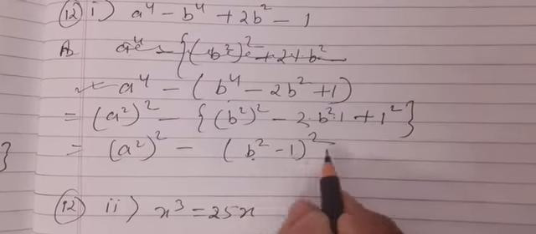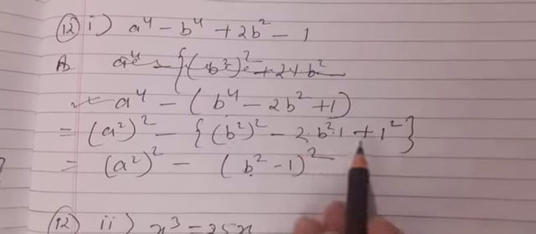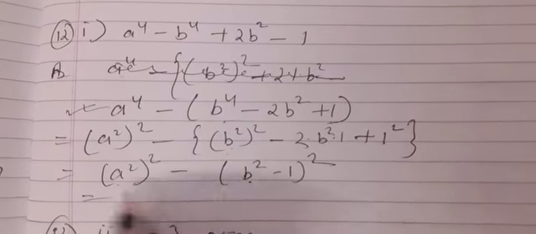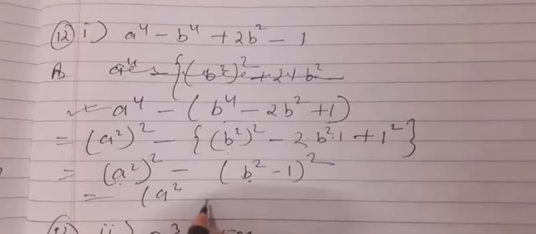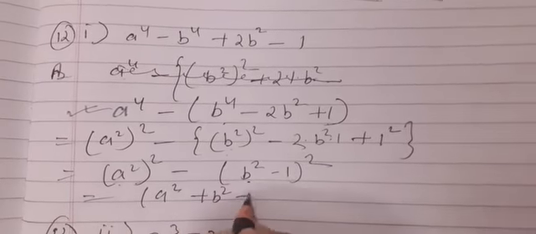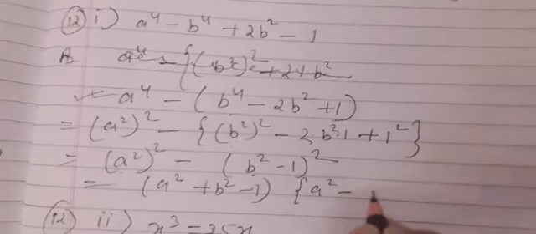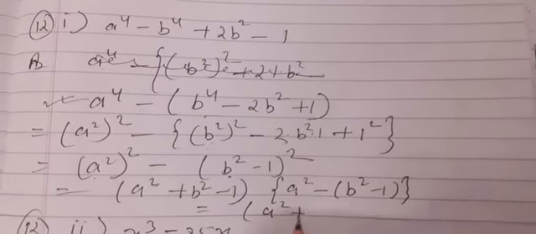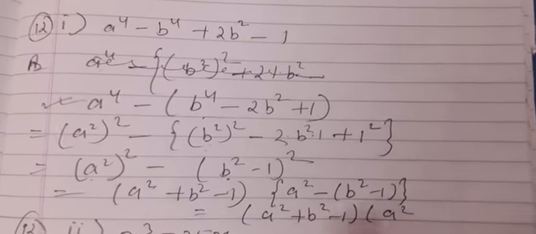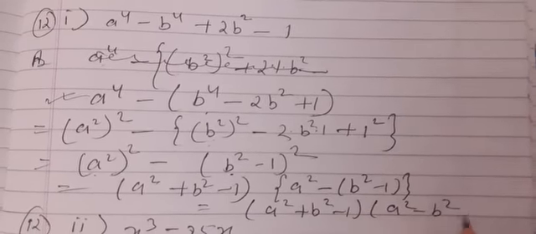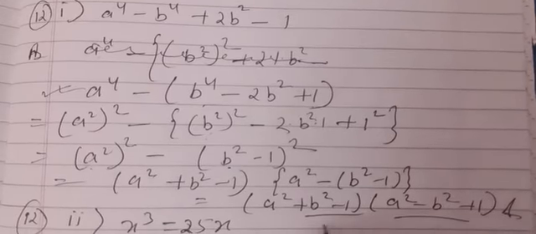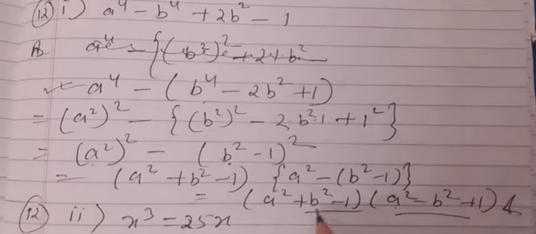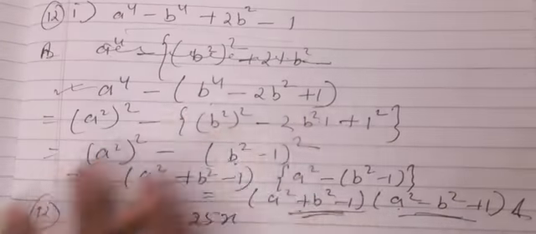Okay, so b square minus 1 square is what? b square plus 1 square minus 2ab. So now we have two numbers with square sign, that is a square minus b square. So once we will add and second time we will subtract. So this is a square plus b square minus 1, and in the second bracket we will write a square minus b square minus 1. Again we have to open this bracket. So the answer is a square plus b square minus 1, and here is a square minus b square, and this minus becomes plus 1. So finally these are the two factors. First is a square plus b square minus 1, and second is a square minus b square plus 1. These are the two factors of this algebraic expression.